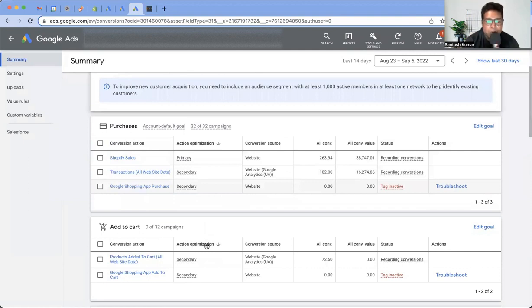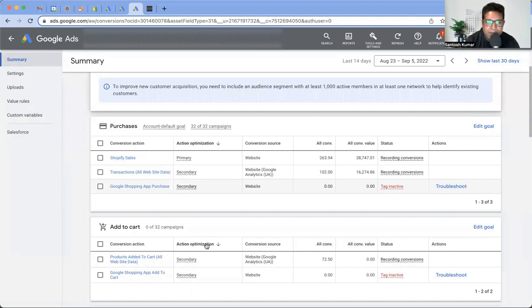And that's the super important thing, because if you don't get this right, then Google's bid strategies, which are now mostly conversion focused, are going to optimize the campaigns for goals which are not your primary goals. Okay, so once you have set up this conversion action where purchase is the only conversion action which is primary